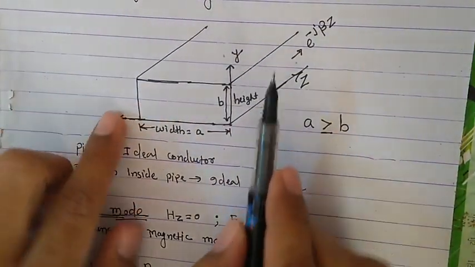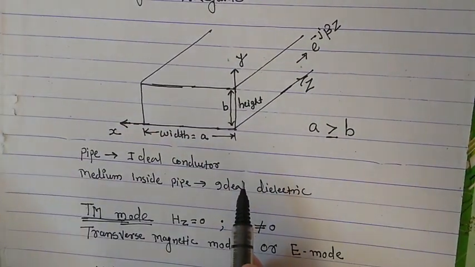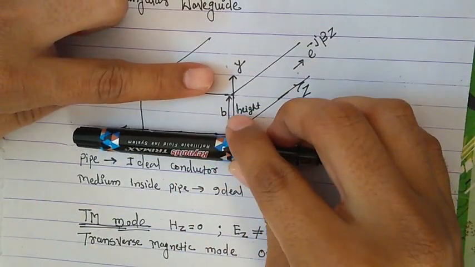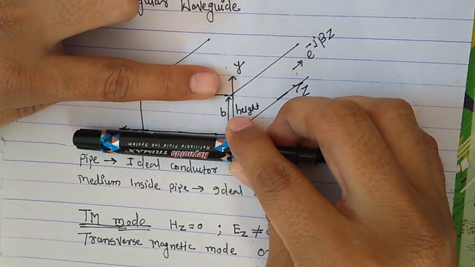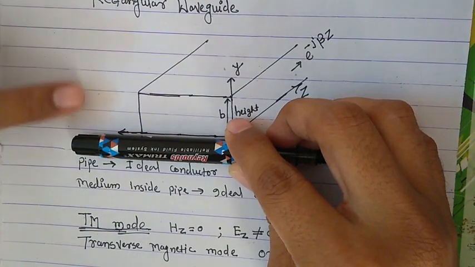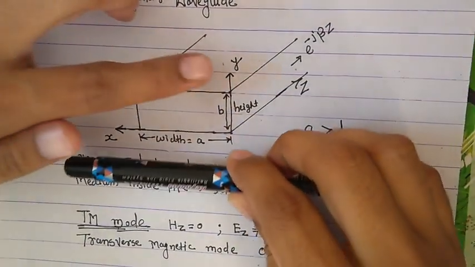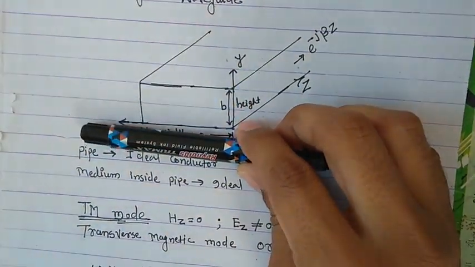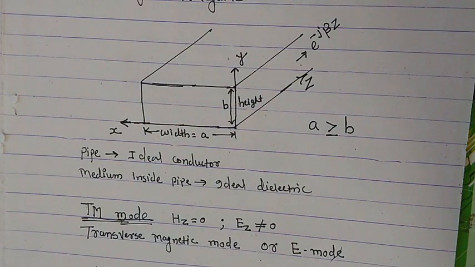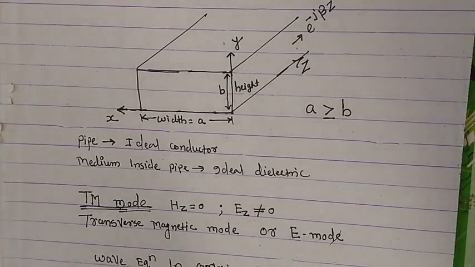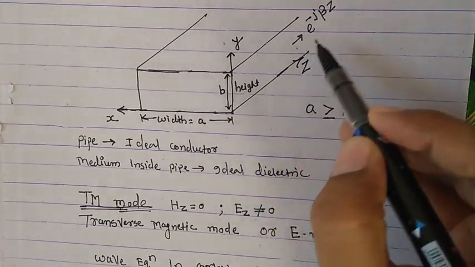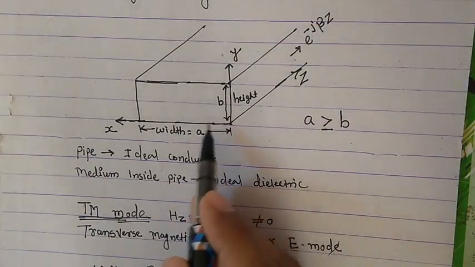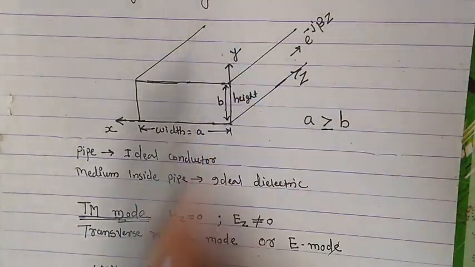Similarly, if you extend a to infinity, you have a horizontal parallel plate waveguide, and the wave will travel with multiple reflections between the adjacent walls. So that is again a standing wave solution in the direction y. This has to be kept in mind while selecting the solution, or while writing the solution. We have a traveling wave in the direction z, and standing waves in the directions x and y.